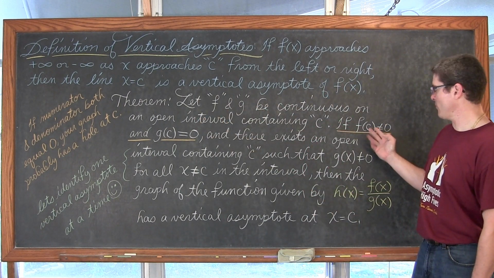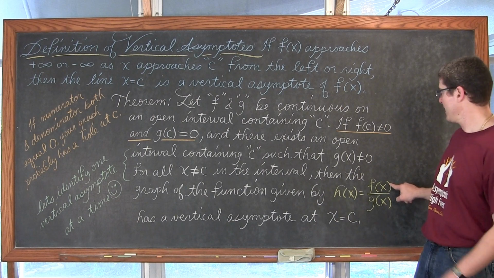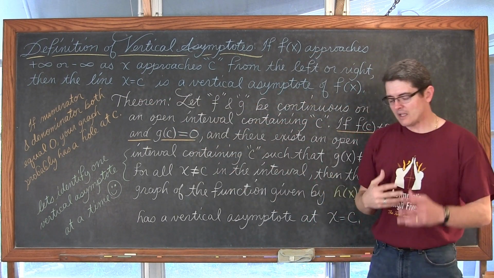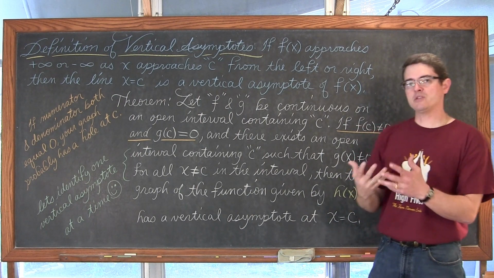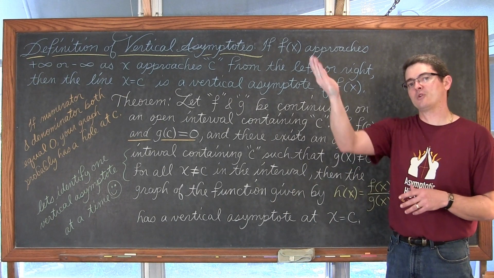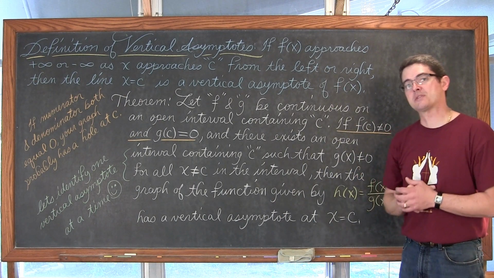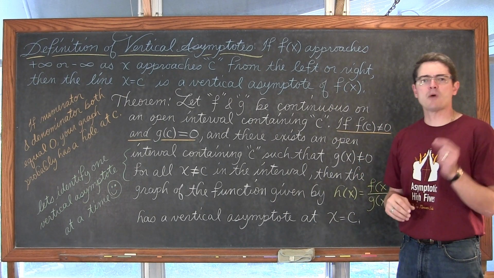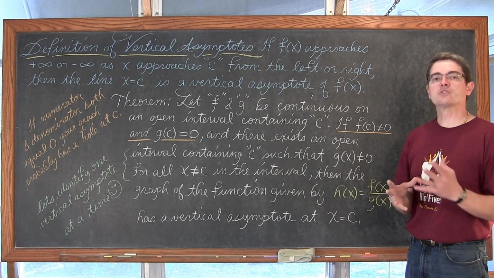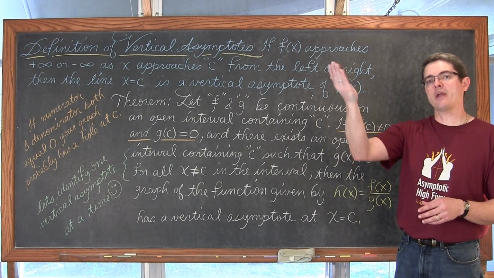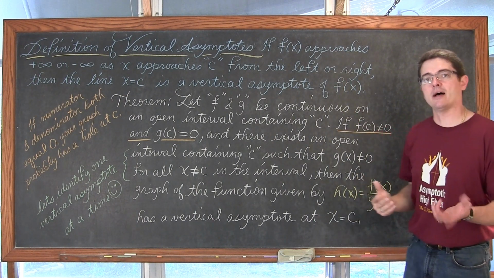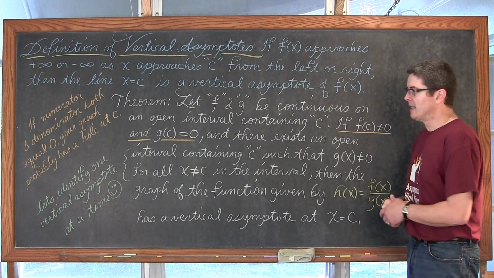First of all, f of x is in the numerator. If your numerator and denominator are both equal to 0, in our rational functions, and we're going to be doing a lot of examples with these rational functions, if the numerator and denominator are both equal to 0 at the same time at the value of c, what's probably going to happen, especially if it's just a pure algebraic rational function, is that's being created by common factors in the numerator and denominator that are going to cancel out. You'll see that as we do our examples.